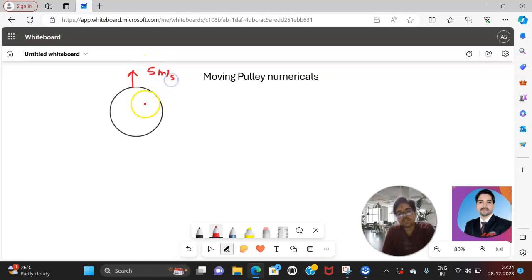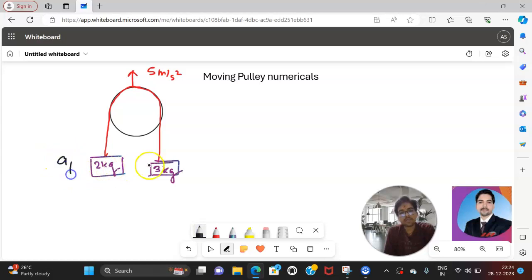For example, this velocity or acceleration you can take as 5 meter per second square of this moving pulley. So on this pulley there is one string here like this and one string like this. I have attached two blocks like this, one block and a second block. I don't know what the mass is. For example, this mass is 2 kg and this mass is 3 kg. Is it clear? Now I just want to know what is the acceleration of these two masses.